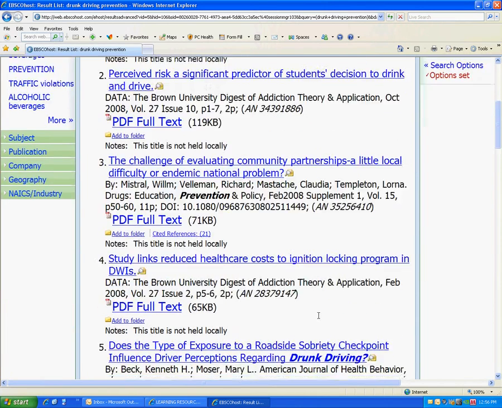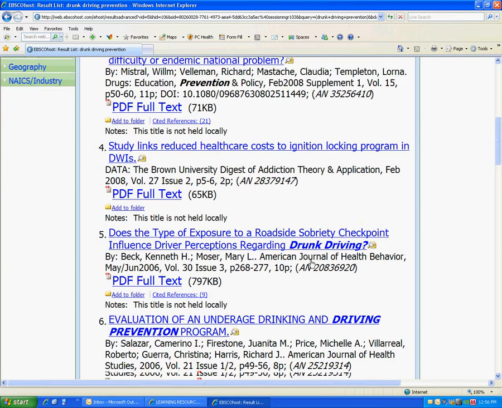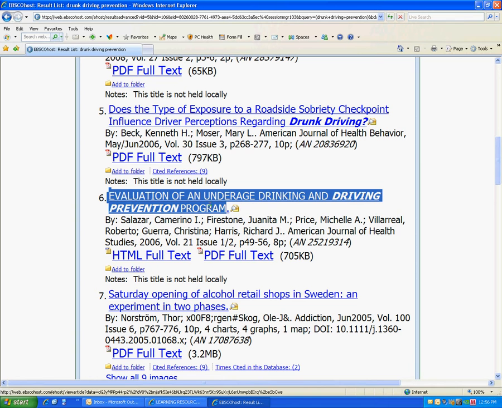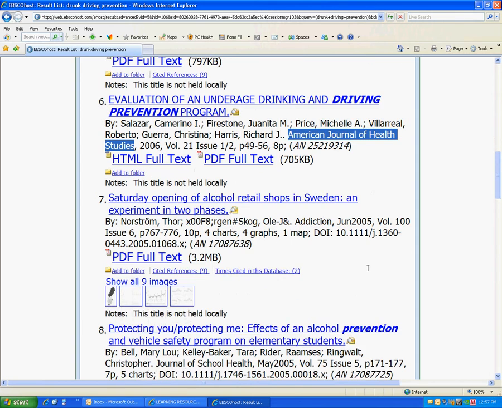If you go down a little bit farther, there are different kinds of studies about drunk driving prevention. Okay, here we go. There's an evaluation of an entire program here. Okay, and this is from the American Journal of Health Studies. Okay, so if you click that academic journal option, you're really going to get some stuff that's fairly specific, fairly